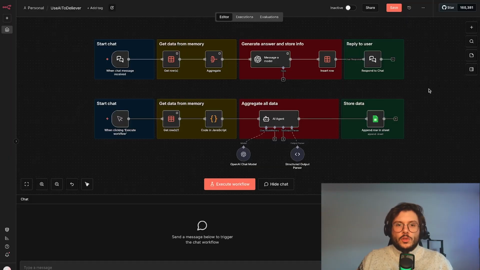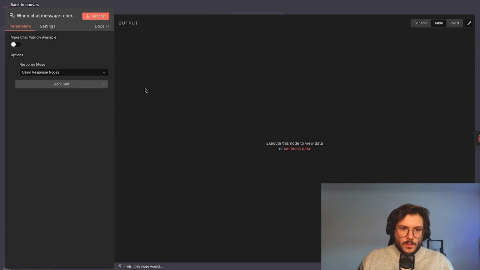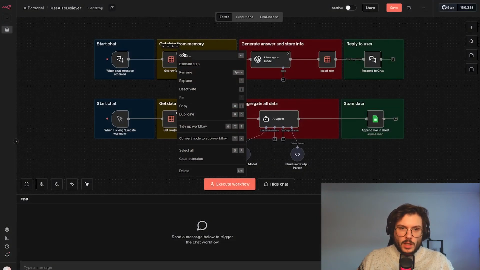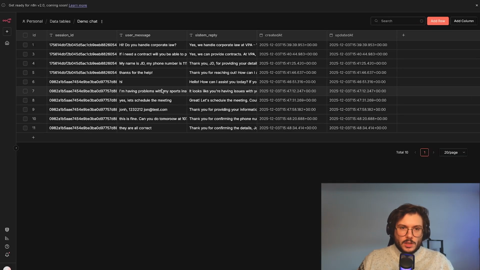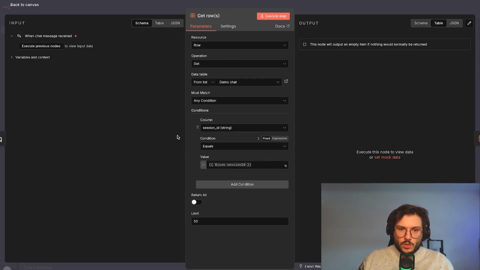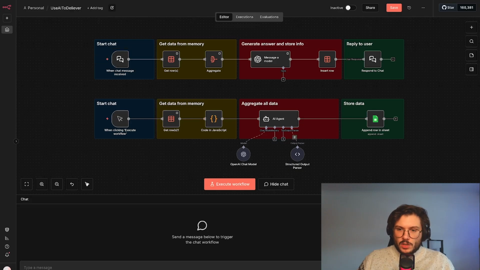This is the base flow we're going to use for example. We can see we start with a simple chat. Chat is using a response mode. Then we have a get row. What this is, we have a bunch of rows on a table, a data table, that are storing all the information. We start by actually getting all the information from that session ID, because every time you start a chat, you have a session ID, and this is what makes sure you're using the same session and that you can identify the user. So when I start a chat, for example, if I say hi,